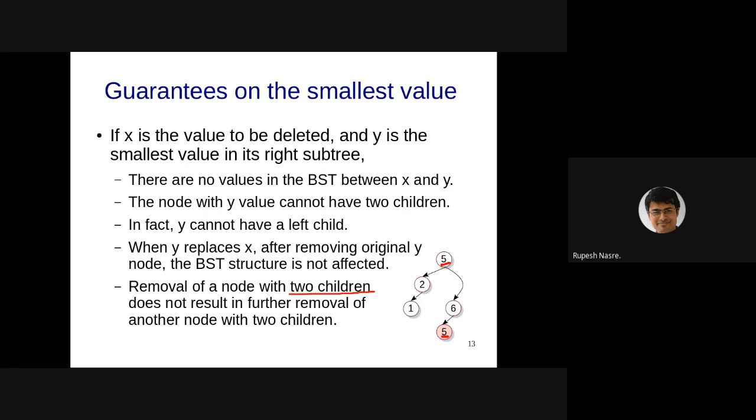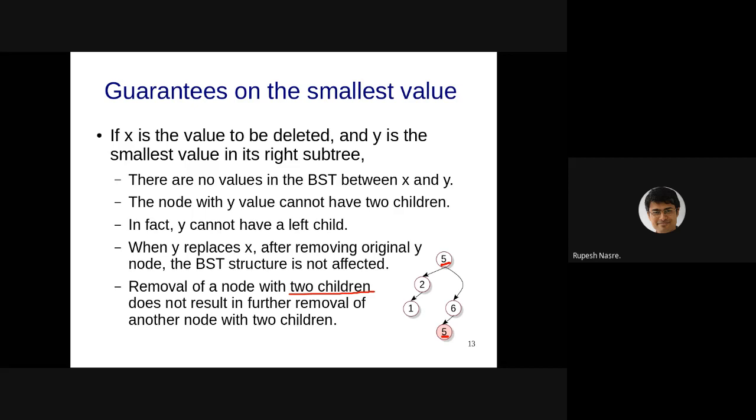So when you move that 5 to the root, when 4 was the root originally, that 5 is not going to violate the BST. You don't need to change anything else to satisfy the BST property. In contrast, if we would have moved 6 as the root instead of 4, then 5 would become the right child of 6, and that would violate the BST property.